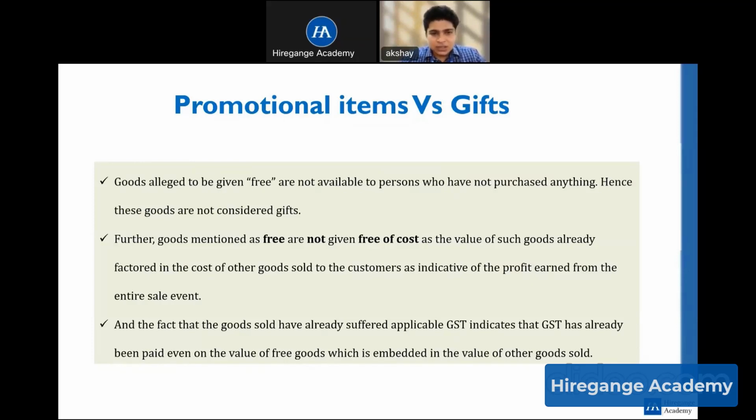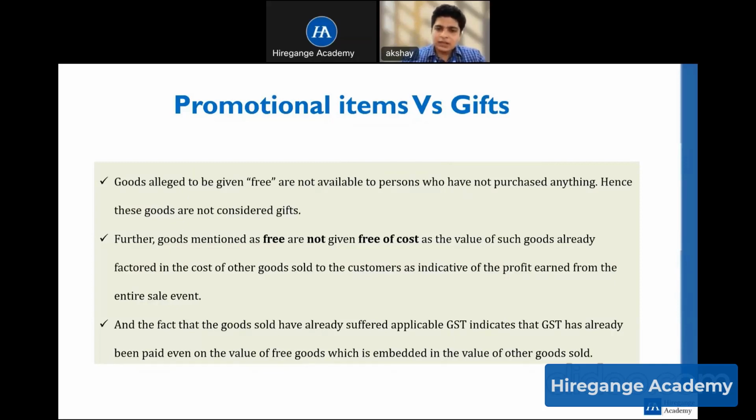Further, these goods which are mentioned as free are not given free of cost. So this is something where the terminology is very significantly different, but having a very important difference, which is that there is a cost which the customer is bearing on these free goods. Even though it may be mentioned as free, the cost of these goods would generally be included in the cost of the main goods. This is one of the simple and effective strategies of most of the companies worldwide.